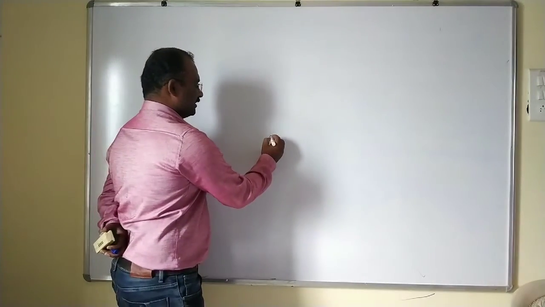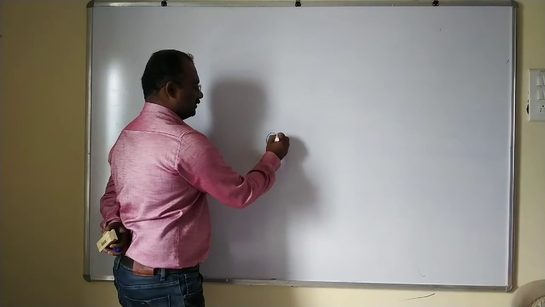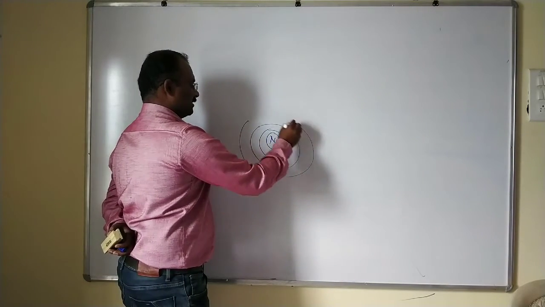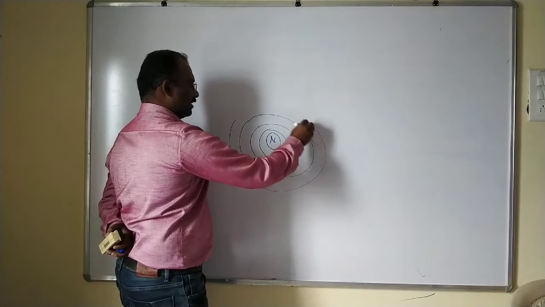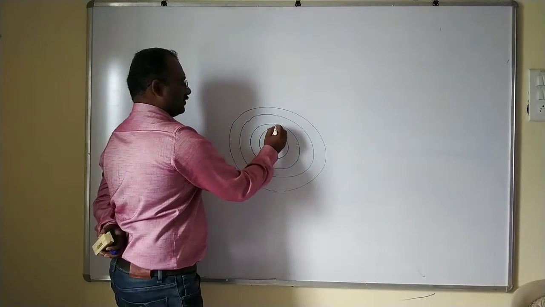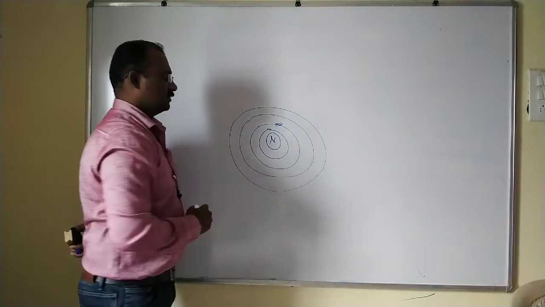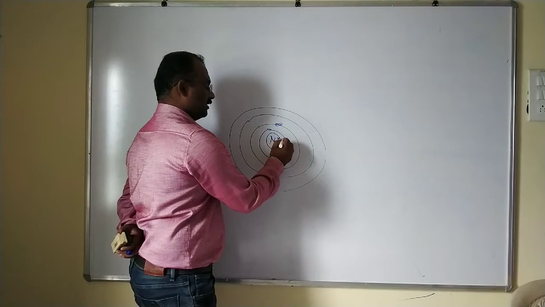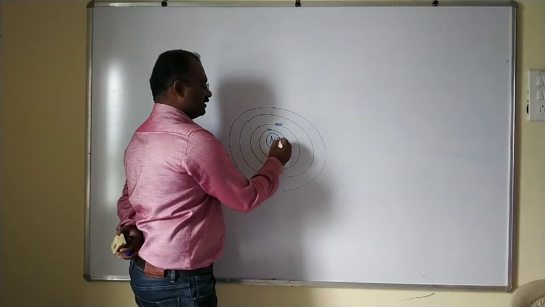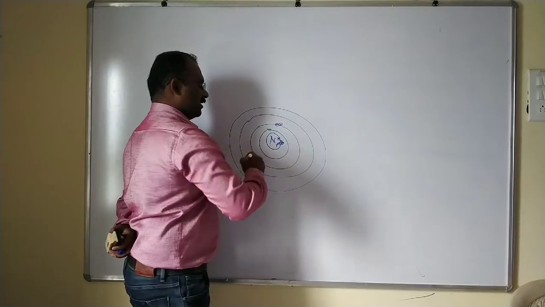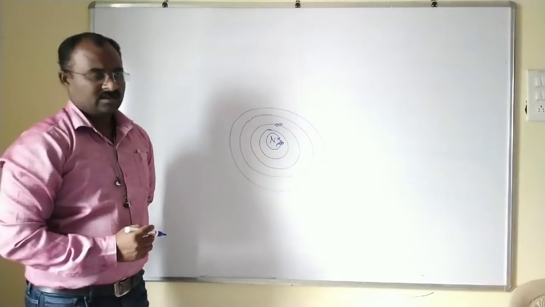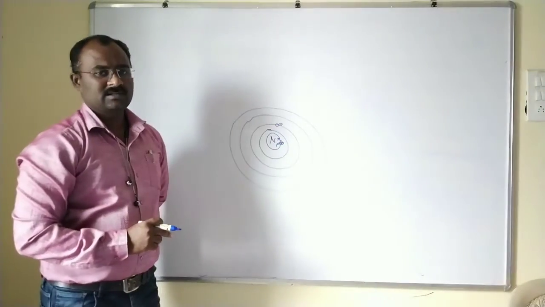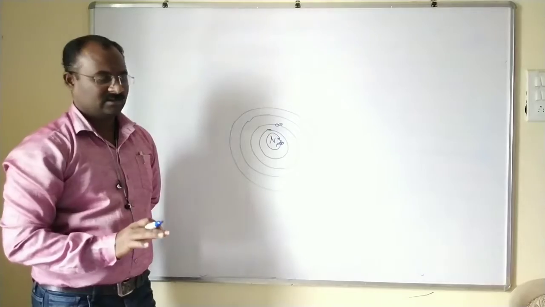Generally, the atom is divided into two parts, that is the centrally placed nucleus and negatively charged particles called electrons, which revolve around the nucleus. This is the electron and it has negative charge. The nucleus contains two particles, that is neutron and proton, out of which neutrons are chargeless and protons have positive charge. This positive charge is balanced by the negatively charged electron. That's why a neutral atom contains no charge.